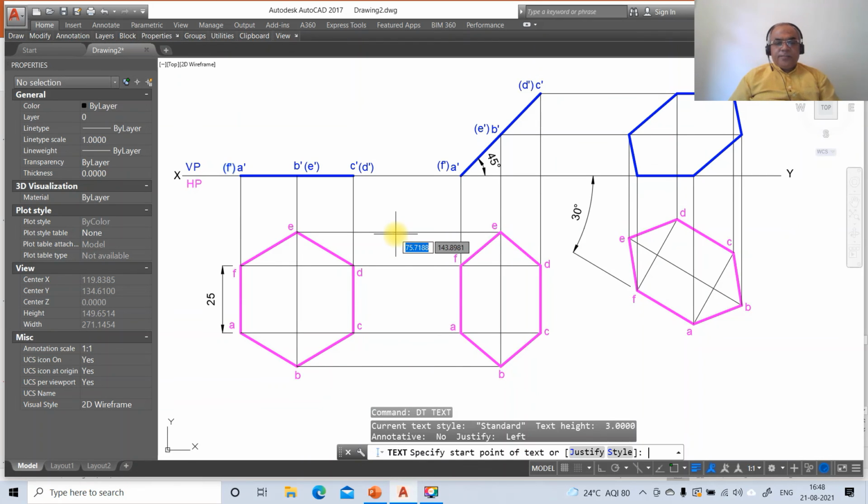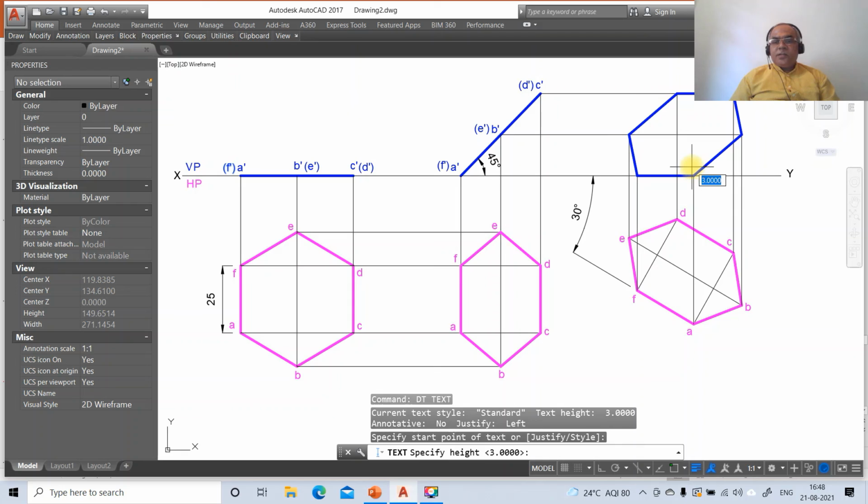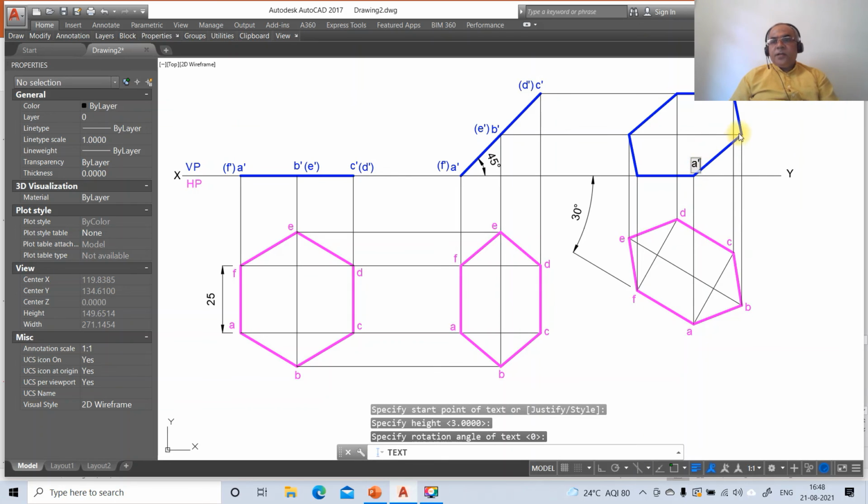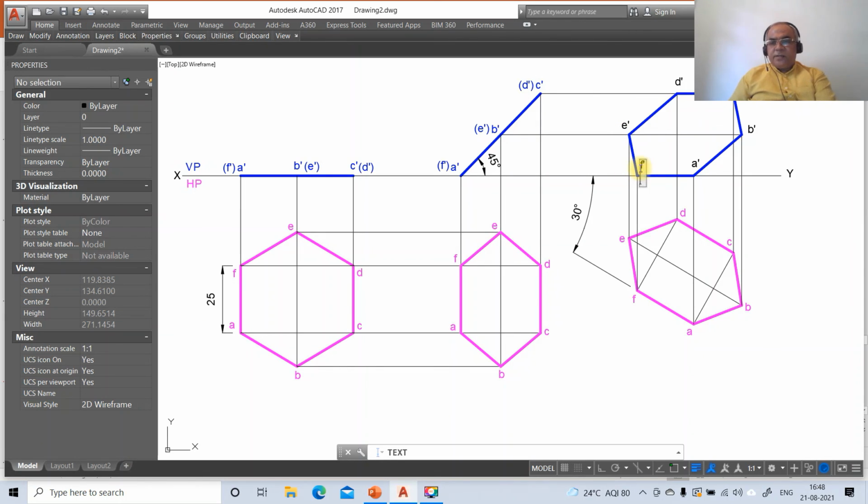Then go to D text, so here you mark this as A dash, and this as B dash, and this as C dash, and this as D dash, and this as E dash, and this as F dash.